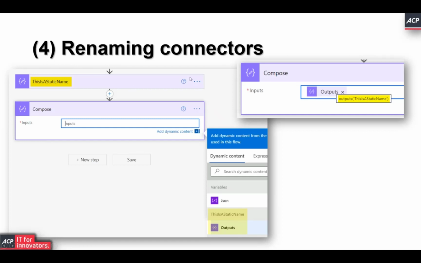So make sure that you have a good naming strategy in place, and also try and find ways to avert this problem by having as many connectors in place that you can use more dynamically. That would be one tip, or make sure that you start using useful names from the beginning on.